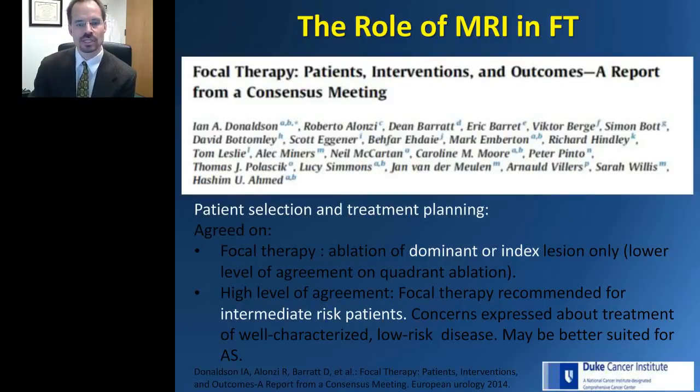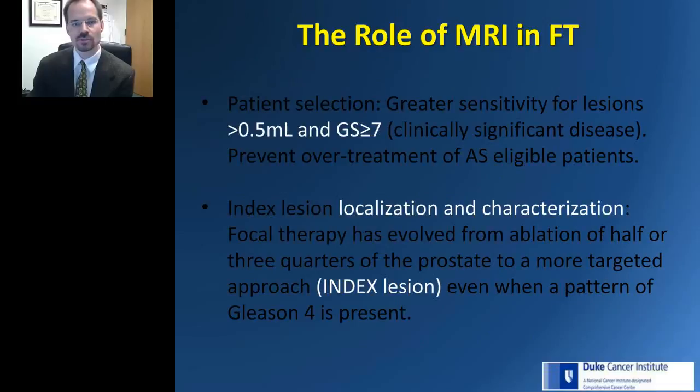We're now focused on identifying the dominant or the index lesion. We're focused on intermediate risk cancers for the most part, and MRI can help find these tumors that are typically larger than 0.5 cc's, and as Dr. Gupta has shown you, a Gleason grade of 7 or higher, in other words, clinically significant disease. The MRI can localize them, characterize them, and put them in 3D space, so then we can go back and